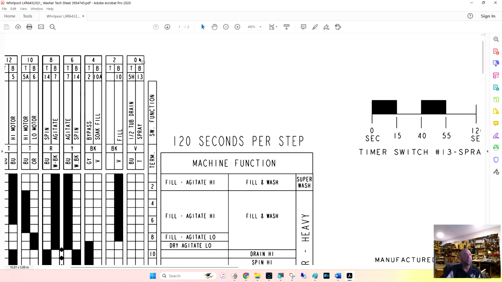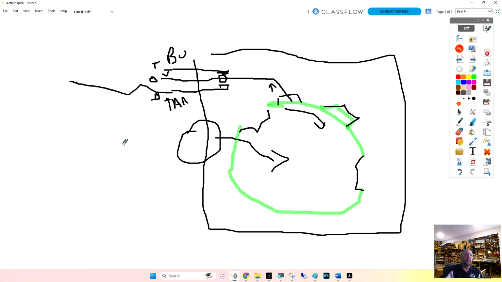So if you were able to use the timer chart, and you see cam 0T because you wanted to check this switch in the timer 5H, 0T is physical location, and it would have a violet and a blue wire connected to it. And I know I just left you guys probably more confused than when you started, right? No? I'm waiting to see if anybody has any questions on this before I go any further.